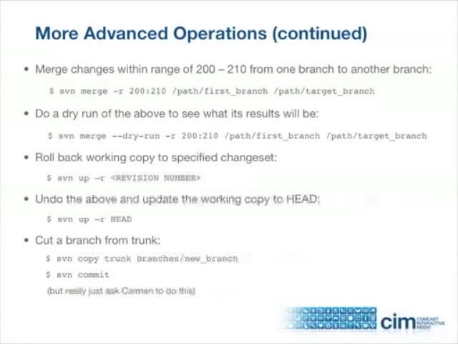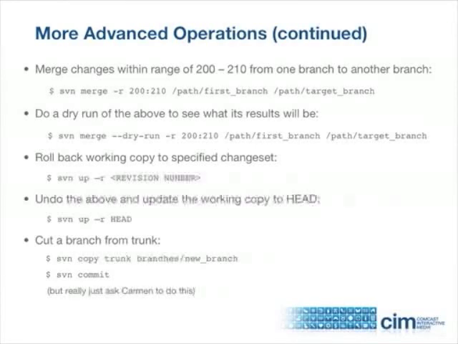So once you get the hang of it, SVN is also a pretty simple way to perform some more advanced Subversion operations. One frequently encountered task is to merge a specified range of change sets between branches with SVN merge. So in the first example here, we merge change sets 200 to 210 from one branch to another branch. We do this with SVN merge -r, specifying the range of change sets separated by a colon, the first branch, and